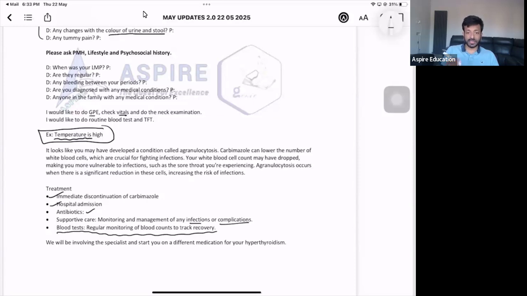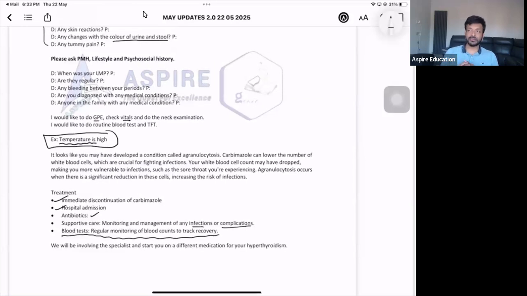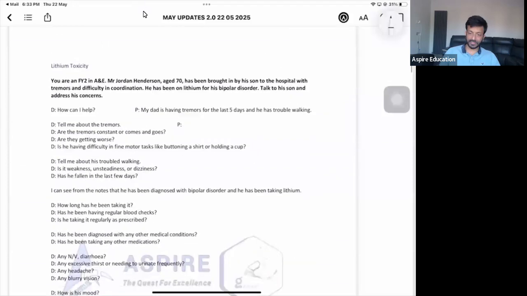I mean, the patient got this agranulocytosis caused by carbimazole. So we'll see if we are going to continue with this medication or we're going to change it. For now, you're definitely going to discontinue carbimazole, but we'll see if later we have to give maybe propylthiouracil or something else. But make sure you admit the patient and you start the patient on antibiotics, right? So that's the main thing.